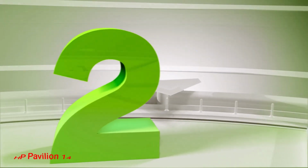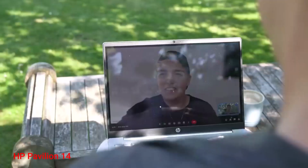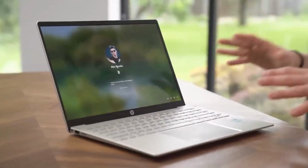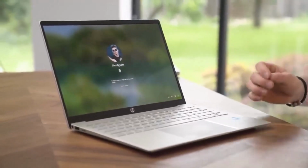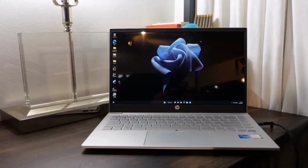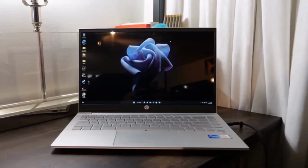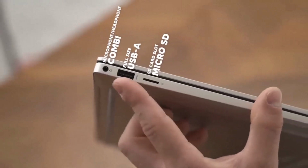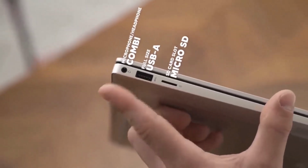Number 2. HP Pavilion 14. The HP Pavilion 14 strikes a balance between affordability and functionality, making it an ideal choice for students and professionals with budget constraints. While it may not boast cutting-edge features or deliver high-end performance, it offers a stable and reliable everyday computing experience. Priced at